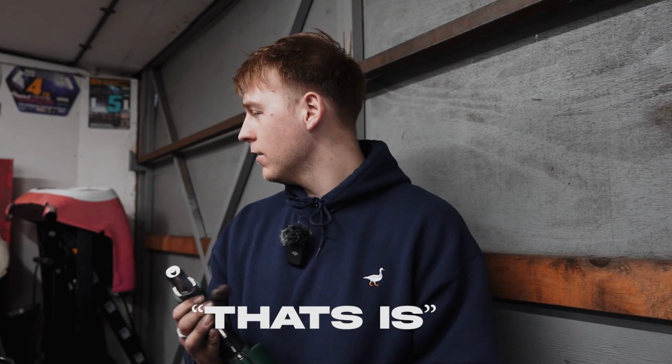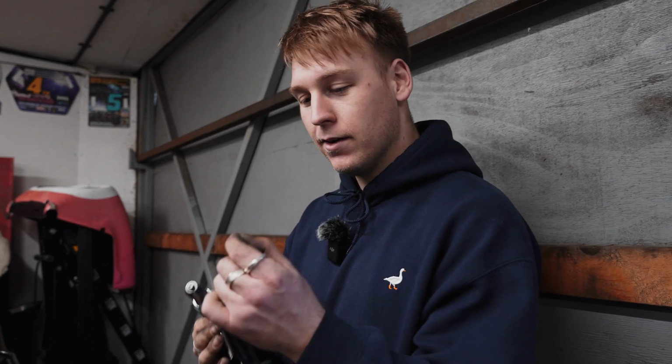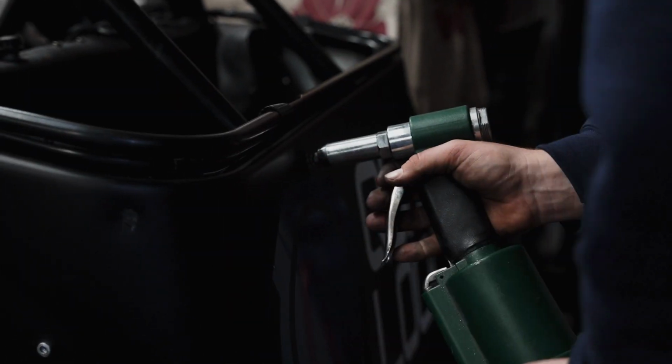So Dan has trusted me with the older... No, that is a lie. It's not, he's trusted me with the pot rivet gun, so... This thing's wicked. So we've got these little rivets. So these hold the boot lid on. Stick them in the wrap here, chuck her in the hole, and then...